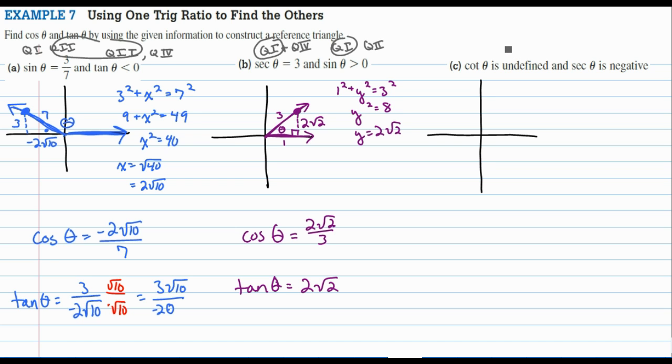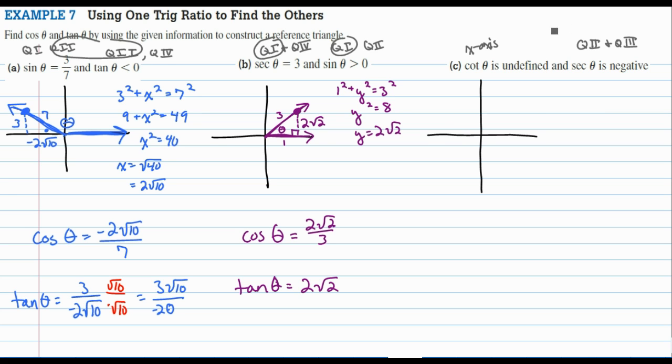In part C, cotangent of theta is undefined. So that means the denominator of cotangent has to be 0. Well, let's see, cotangent is adjacent over opposite, so the opposite coordinate has to be 0, which means the y-coordinate has to be 0. So that's going to be anywhere on the x-axis. Then if the secant is negative, secant is hypotenuse over adjacent, so the x-coordinate has to be negative, so this is going to be quadrants 2 and 3, which means